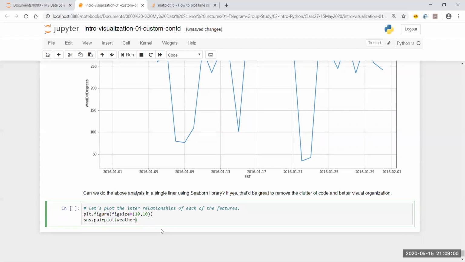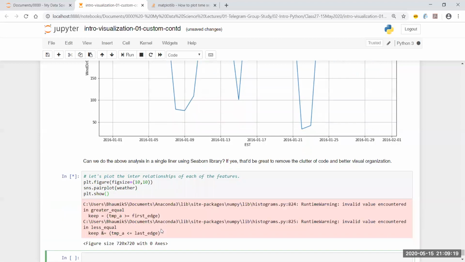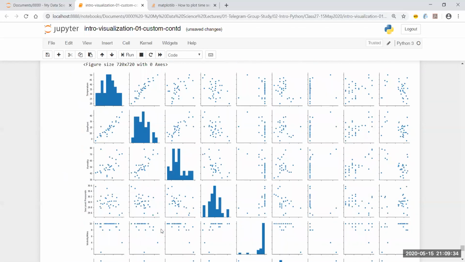I'm not going to do any loops. I'm not going to select any columns. I don't want to specify any x-axis, y-axis, and all these things. I'll just pass on the data frame. Okay, let's see what it does. plt.show. Okay, this function will take time. It's going to take time depending on how many variables you have inside the data. If you have more variables, this function is going to take time to return the value. But once it does, you'll not have to write even a single line of looping constructs to look at the relationship. You see, in a single graph, I have everything.